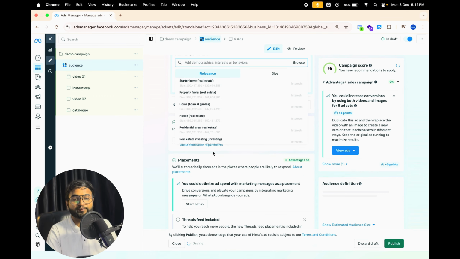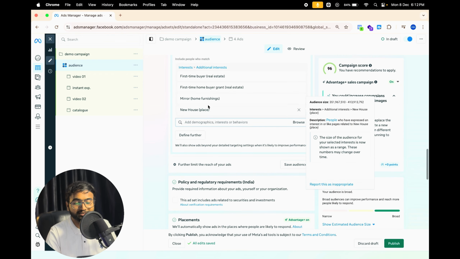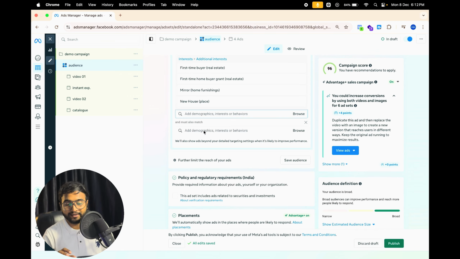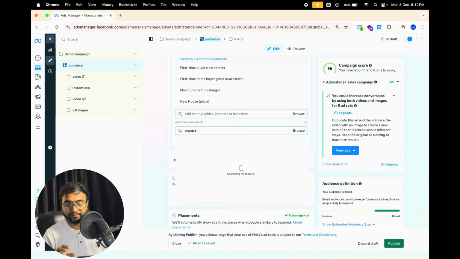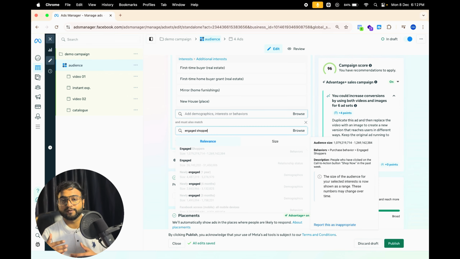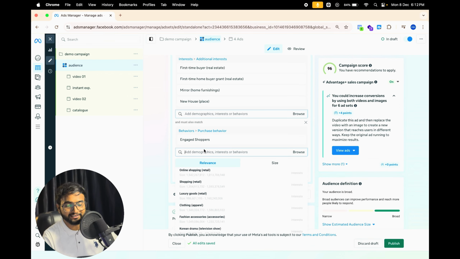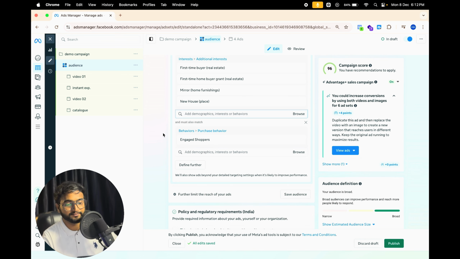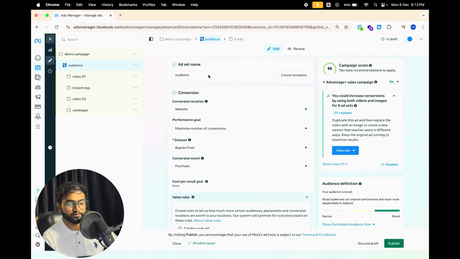As this is a shopping campaign, I personally recommend you to narrow down your audience and select engaged shopper in your behavior as well, because it will show your ads to those people who are into this interest, but they are also the people who have purchasing power. So this is our audience 1,